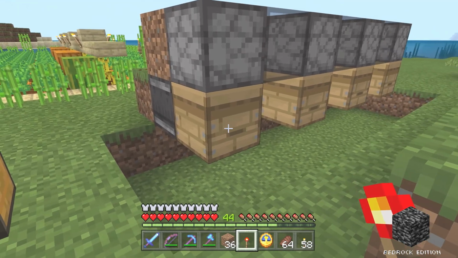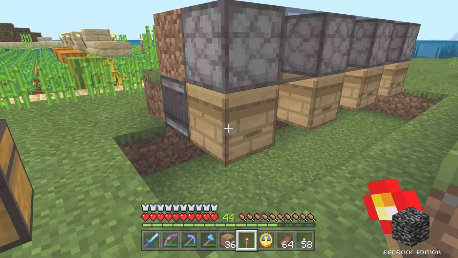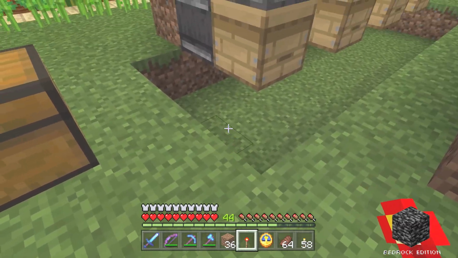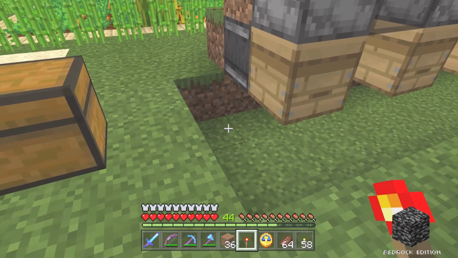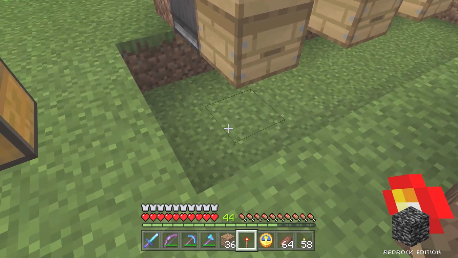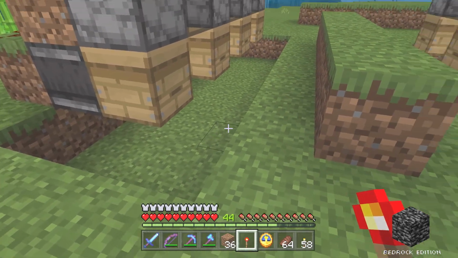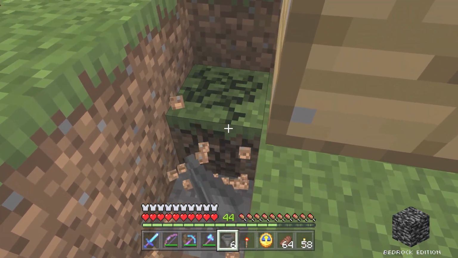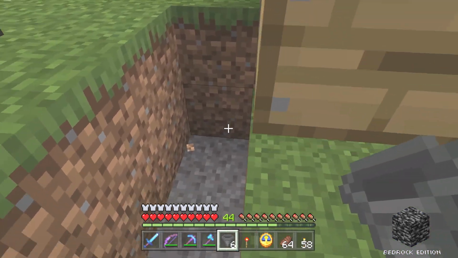I want to avoid the honeycomb flying all over the place, so I'm going to hopefully get it to drop into this trench here. I'm going to fill it with water and have the water streams push all the honeycomb to be collected on one side. So if I do this right,